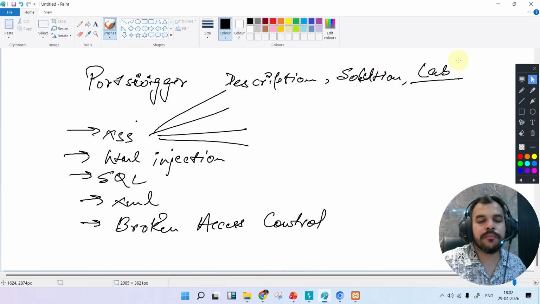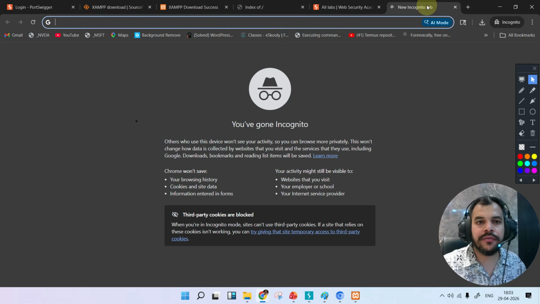And the best part of this PortSwigger lab is that it's completely free of cost. You don't need to pay anything. Understood? So that's why we use this PortSwigger lab. Create your account over here. Then after that we have to go